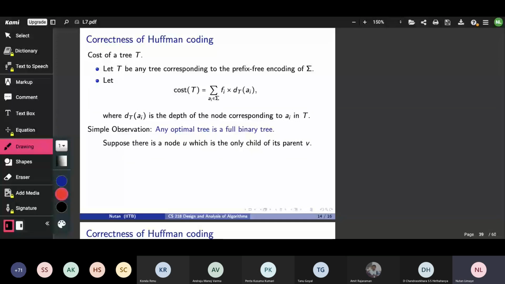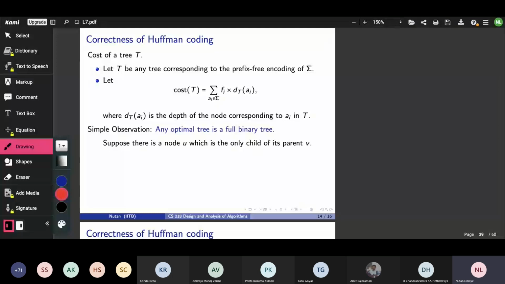One of the comments says reducing the depth of some nodes. I think what Aniket is trying to say is that if the tree is not full binary, then there will be some node whose depth I can decrease without changing anything else in the tree. So I can obtain another tree which has smaller length strings for at least one letter, and thereby achieve a smaller cost tree. That's quite right. We can shift leaves lower down to a higher position and decrease cost.